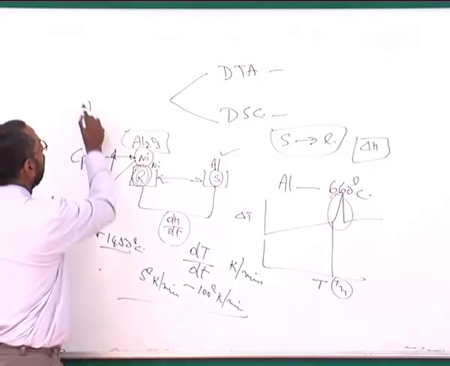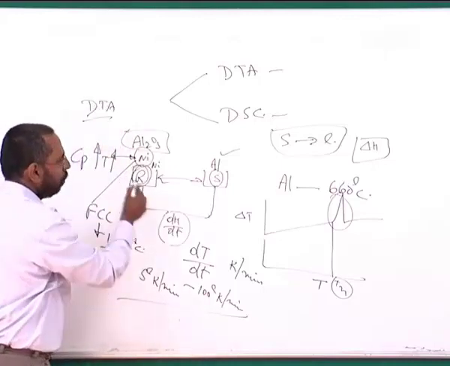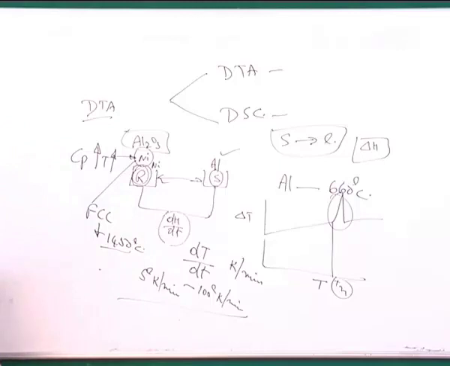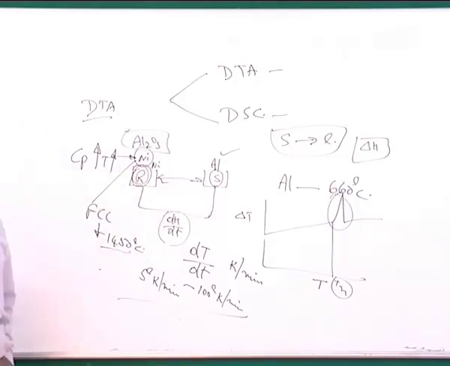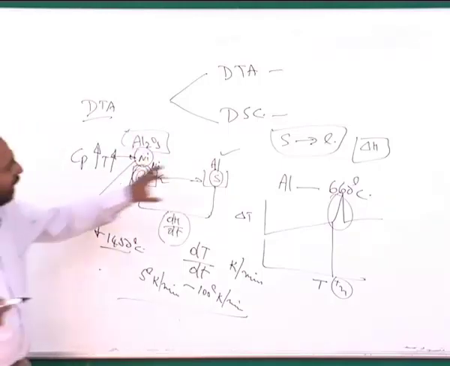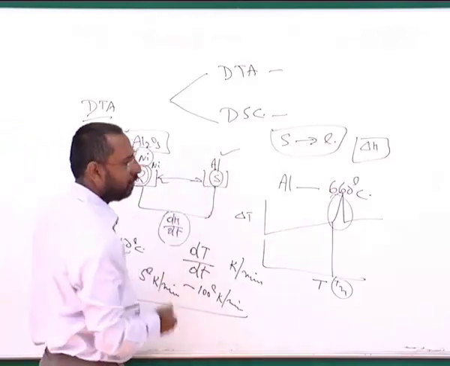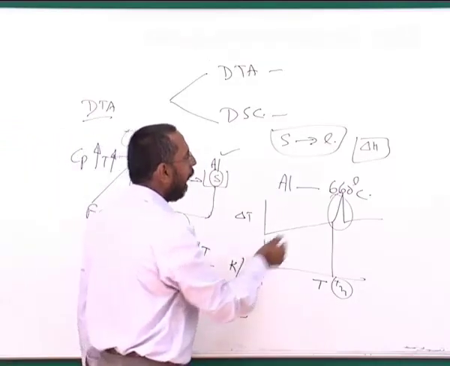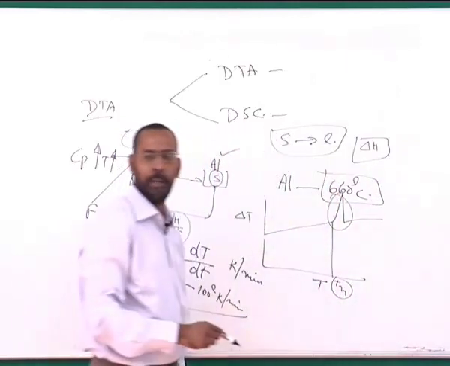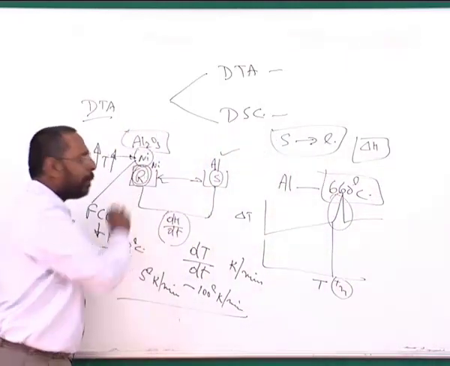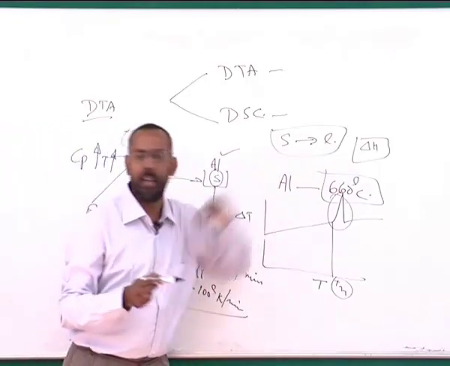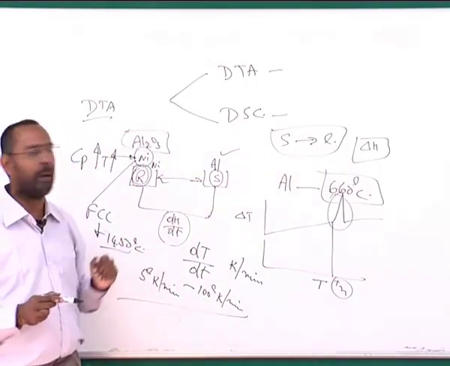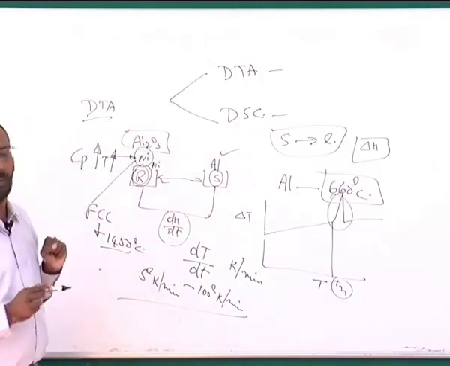In case of DTA, what you basically do is you take two samples. One is treated as a reference, which is a pure metal, let's say, or some kind of an oxide, which within the temperature domain of my interest does not transform. For example, if I am taking aluminum, I am interested in finding out the melting point of aluminum. I try to find a particular reference which does not undergo any transformation from room temperature up to 660, which is the melting point of aluminum, and such a material is used as a reference.